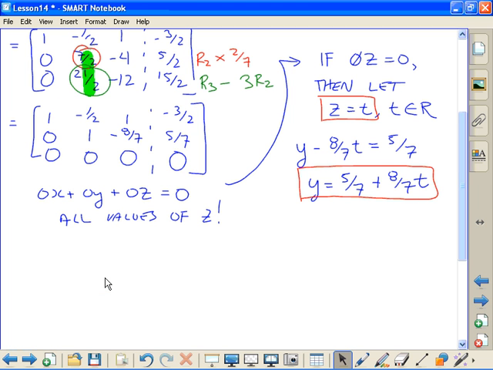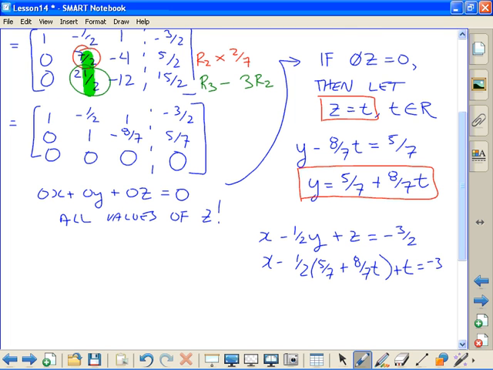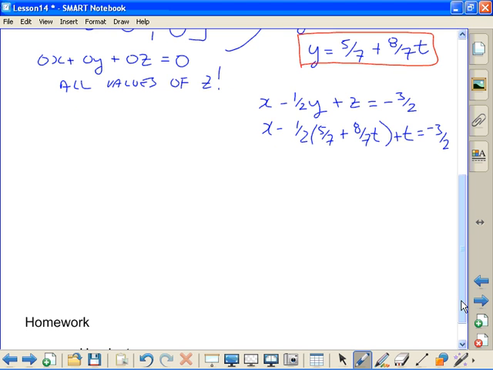Okay, I just want to finish up this example then. So you can see that you're just pulling out what's left of the equation, or what's left in the matrix itself, and substituting values in to solve. So this one, the y value from above, plus 8/7 t, and then plus t equals -3/2. So we end up with